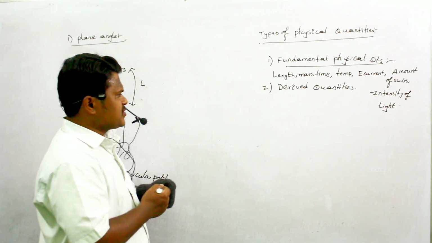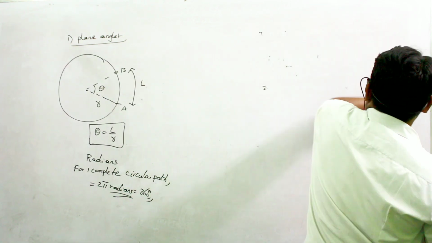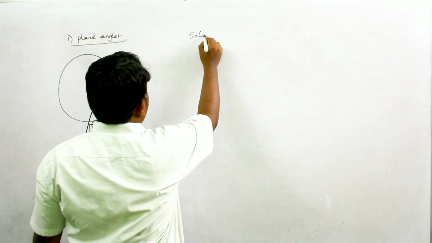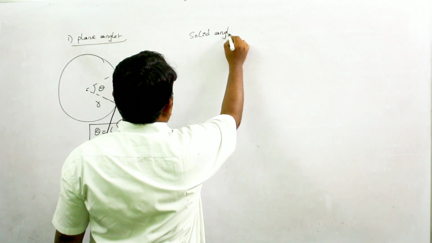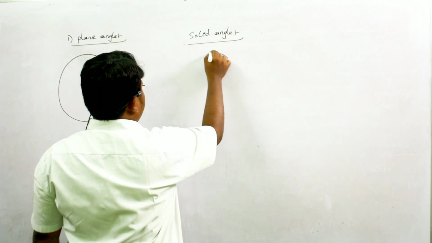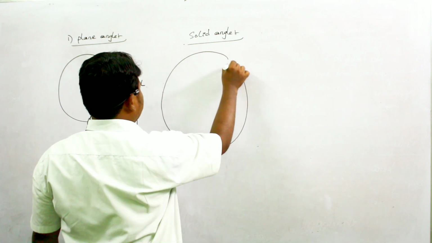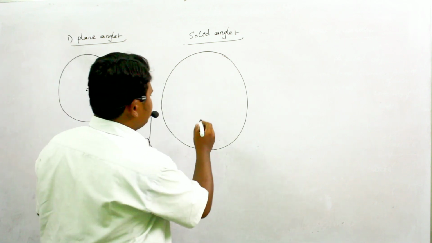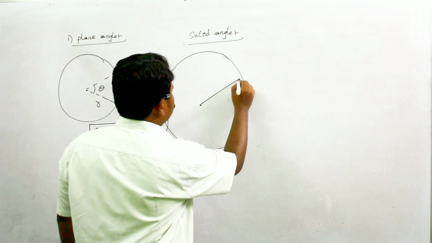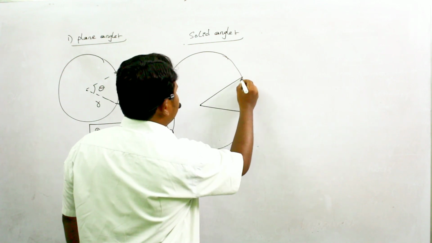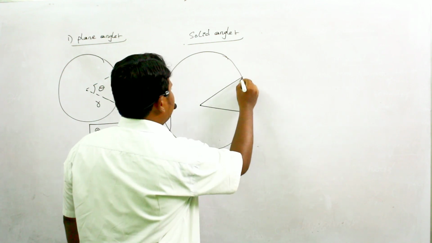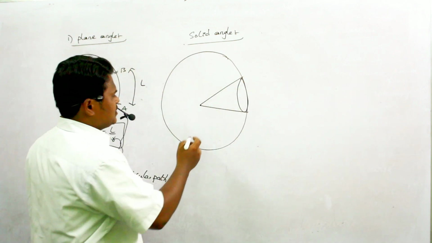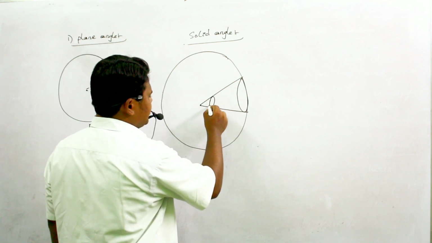Similarly, now let us have a discussion on the second supplementary quantity, which is called solid angle. Now we shall study about solid angle. Instead of the circle which was taken to define plane angle, now we are taking a sphere. A ball is an example of a sphere. On this sphere, at the top surface, we cut a small circular area, and this part of the cone, if you remove it from this sphere, then the 3-dimensional area which is formed here,